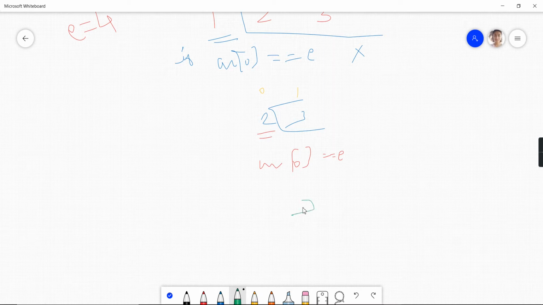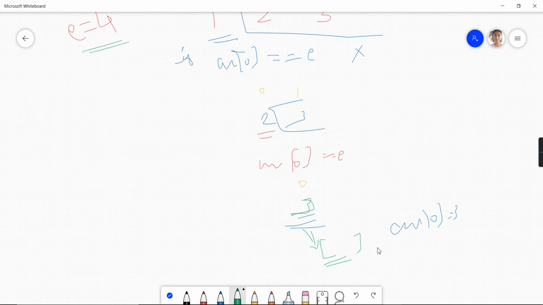So 3 will be given to recursion, and the 0 index will be there. So again we'll check, is ARR of 0, which is 3, equal to element? No, element is 4, but this is 3. So now we will pass an empty array to the recursive call. Whenever we get an empty array, it means that we have reached the end of the array and we did not find the element.